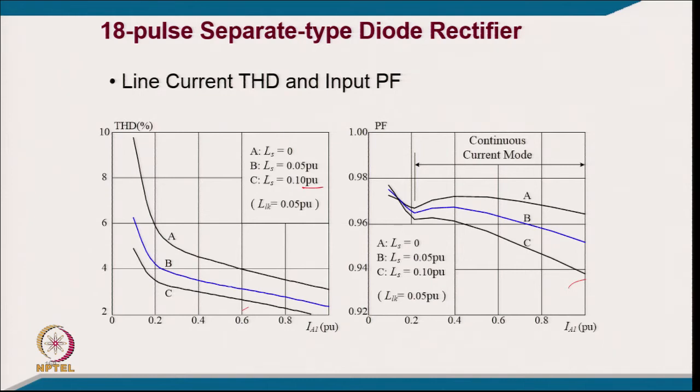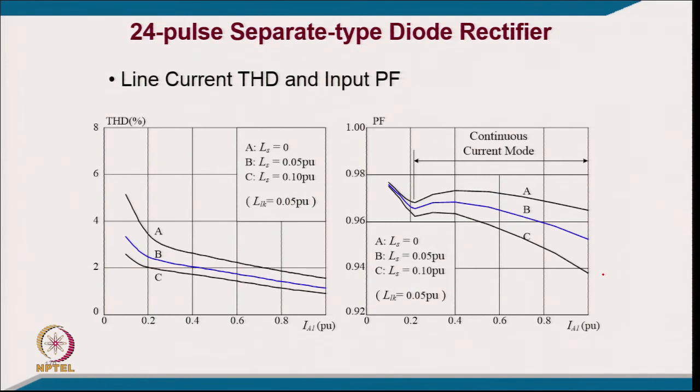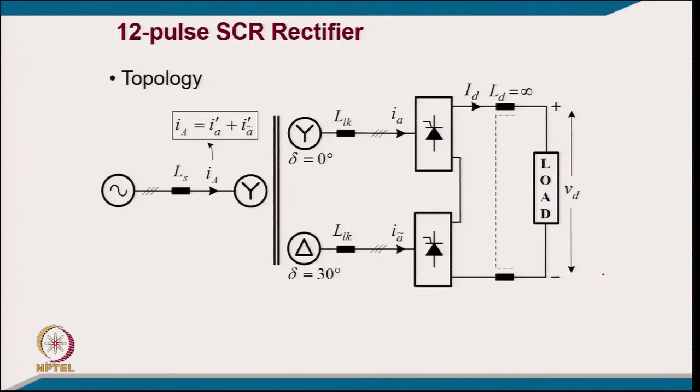In spite of the improved distortion factor, the overall power factor also reduces here. This is the case, typically for a 24 pulse converter, of how the TAD reduces with the source inductance. And this is now the case of a bidirectional control converter, or you can call it a 12 pulse thyristor silicon